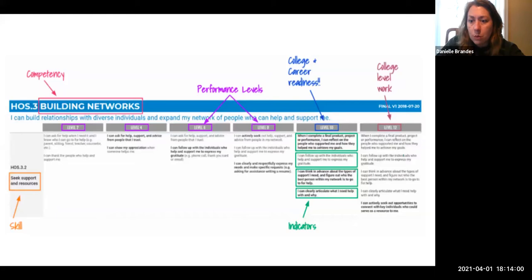This is more ideal of what you would want to work towards. And so that's what it makes me think of. I don't know if that's what you were thinking of, but that's what it reminds me of, the way that you have it set up with the levels and the different things you've identified. Our district standards were kind of similar to that, but still aligned with the PA standards. And then we kind of got away from that a little bit. But I'm trying to wrap my brain around this whole system still. So it's pretty cool.